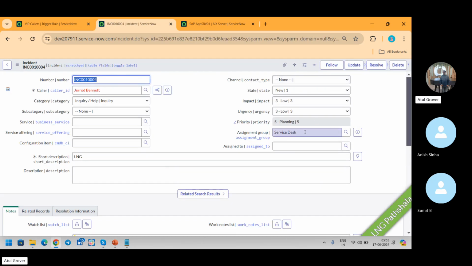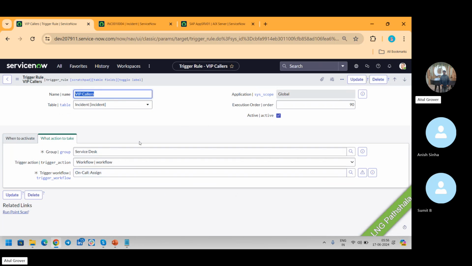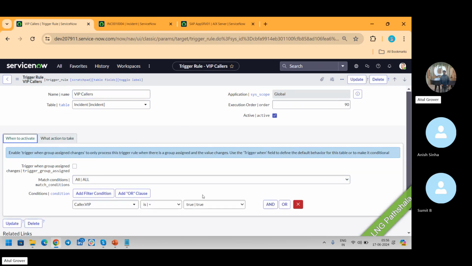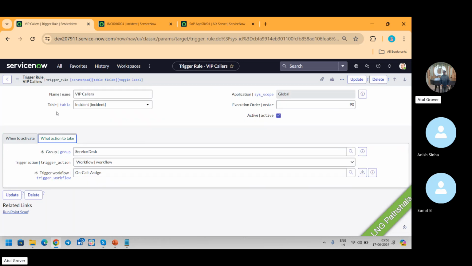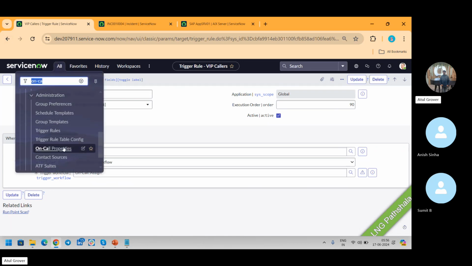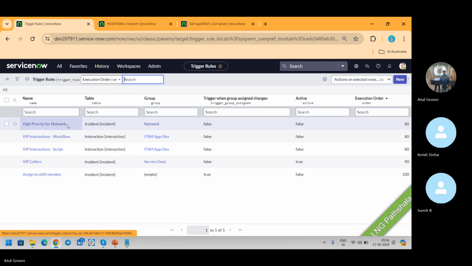See, it is assigned to server desk. Why? Because this rule has been triggered now. This rule triggers and assigns to this. If you want more conditions, you can put them. That's fine, no problem. So if I go back here and open another call, another trigger rule, let's say